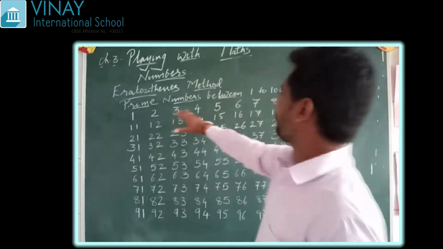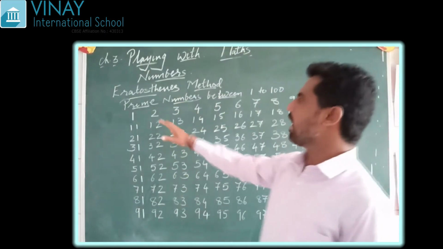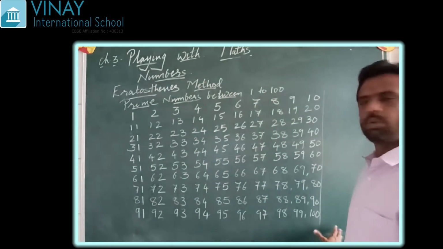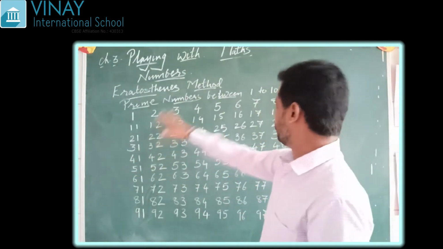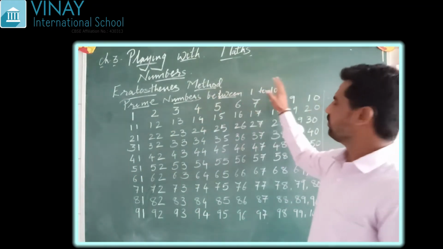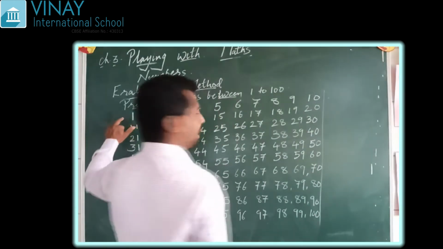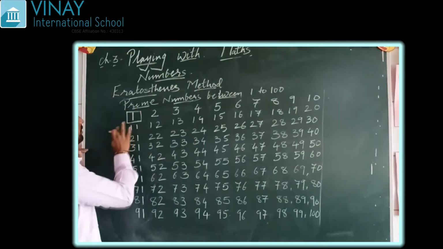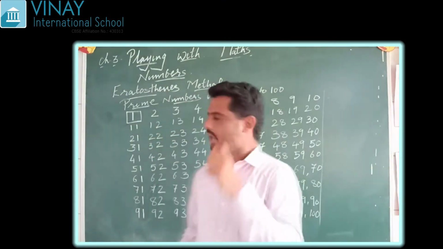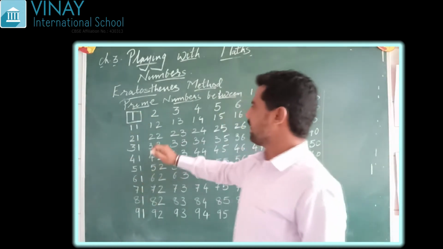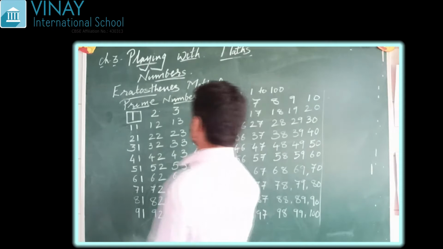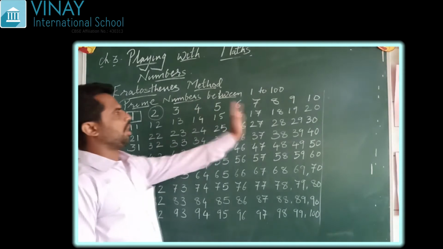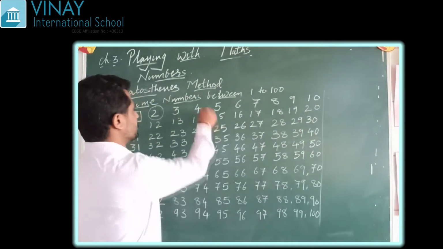Now, let us find out prime numbers between 1 to 100 by Eratosthenes method. Here I have written numbers 1 to 100. Now let us find out the prime numbers from 1 to 100. As we all now know that 1 is a special number, it is neither prime nor composite number. So make a square around 1. Now 2 is a prime number, make a round on 2 and cut all the multiples of 2, that is